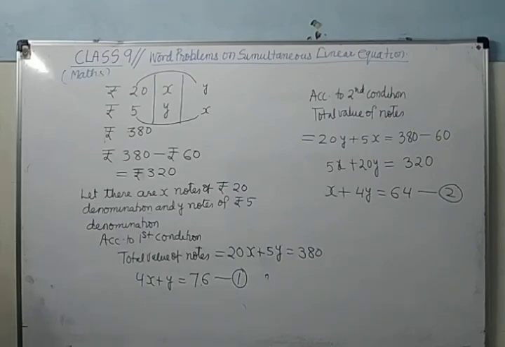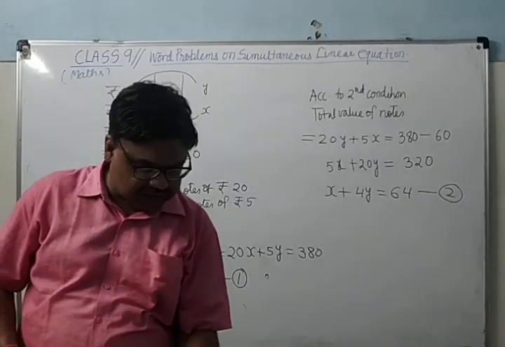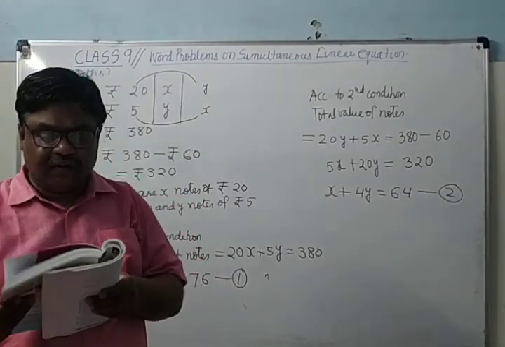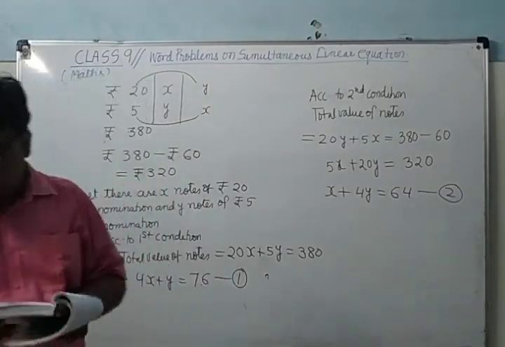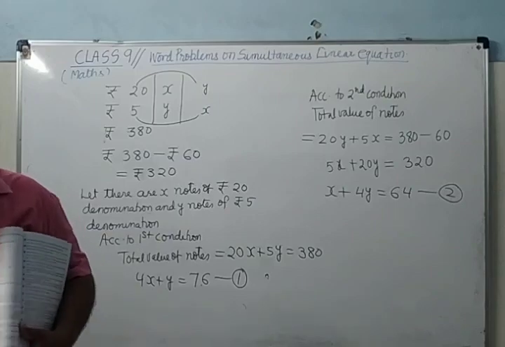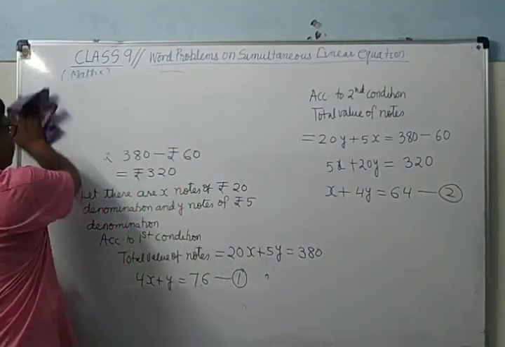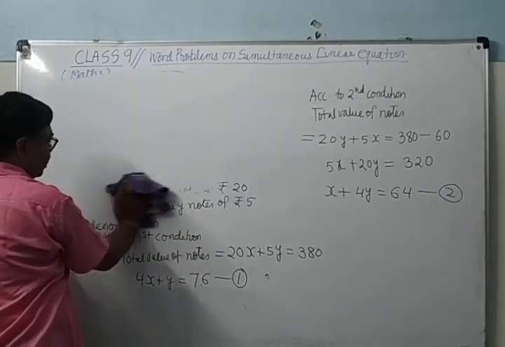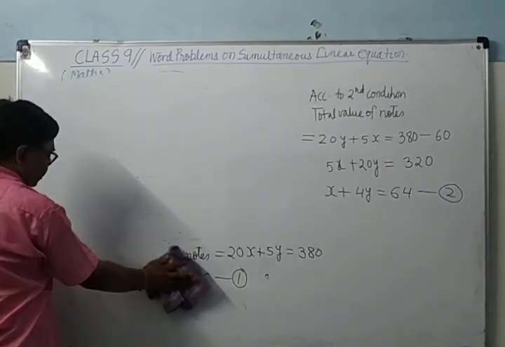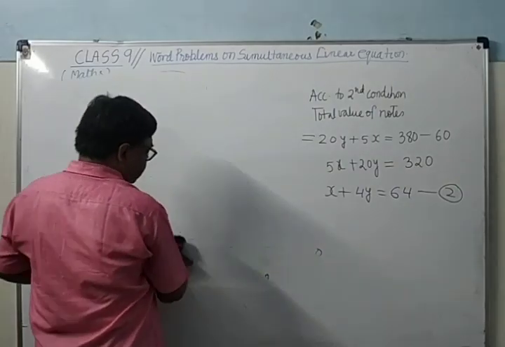Now we will do the next question, which may be on fractions. Is it clear? Now in fractions, as you know, the upper number is known as the numerator and the lower number is known as the denominator. In 3/4, 3 is the numerator and 4 is the denominator. Is it clear?